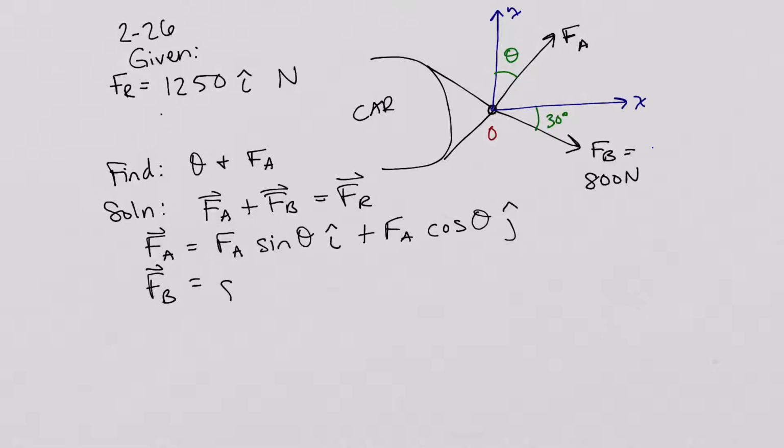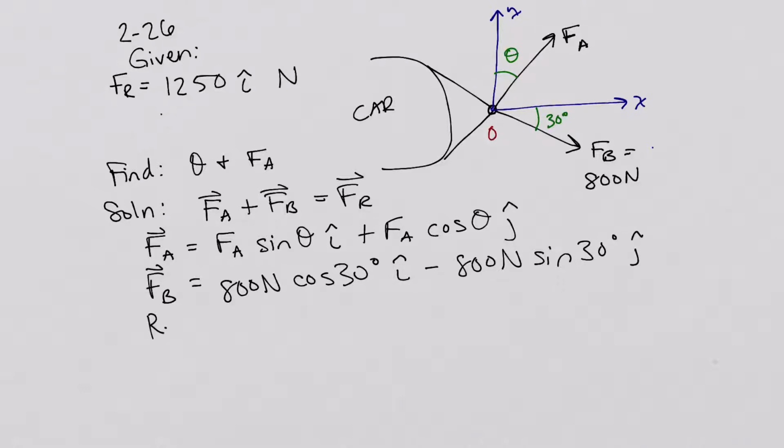FB equals 800 newtons times, for the i, cosine would be that x component, so cosine of 30 degrees i, and that would be minus, because the j is in the negative direction, 800 newtons sine of 30 degrees j. And then the resultant force,